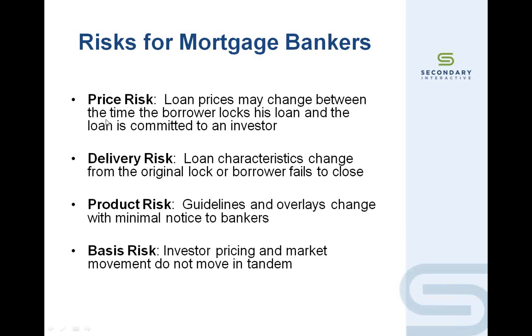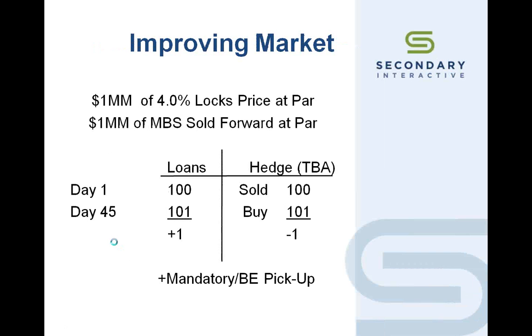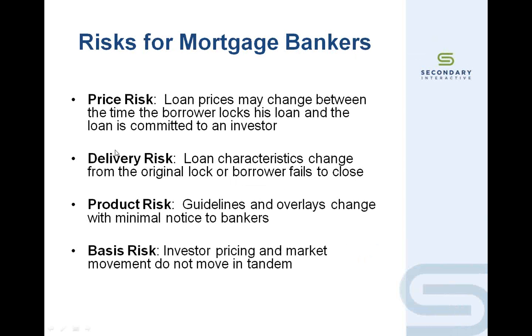in doing so, what the model is doing is managing really 4 types of risk: two of which are managed in the model. There's basis risk, which has to do with that assumption on the previous slide here that the security pricing is going to move consistently with the loan pricing. If that doesn't happen, that's what we call basis risk. Product risk is another type of risk where the guidelines or the underlying foundational aspects of the product change while the loan's in the hedge, and therefore you don't have an investor to go to. Obviously, product and basis risk are managed by just holding loans outside of the hedge. But the main two risks that we're managing are price risk and delivery risk.